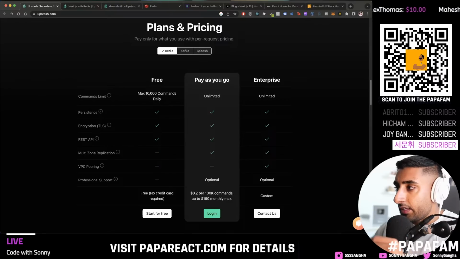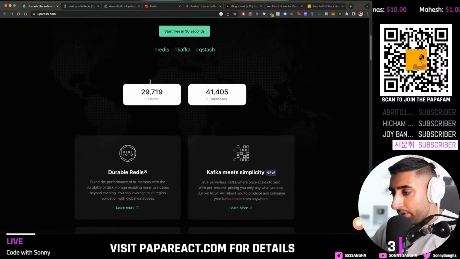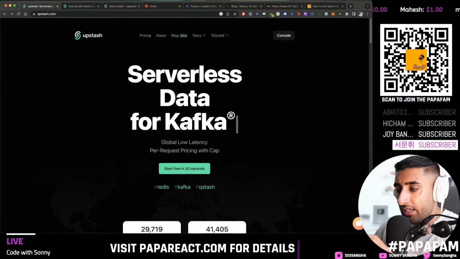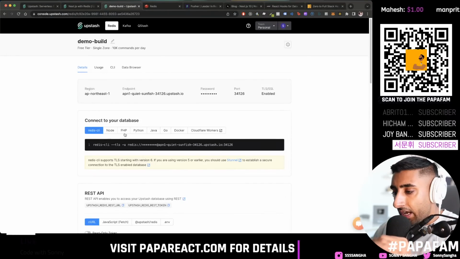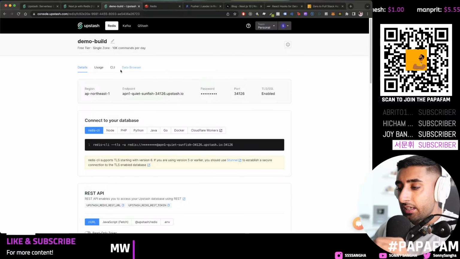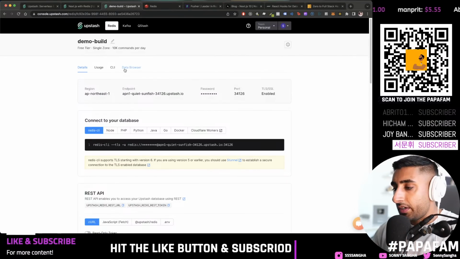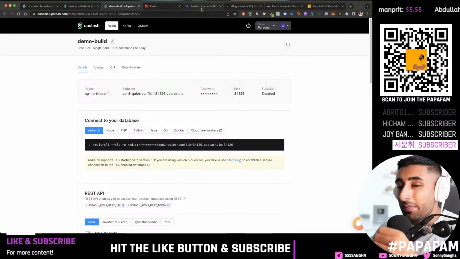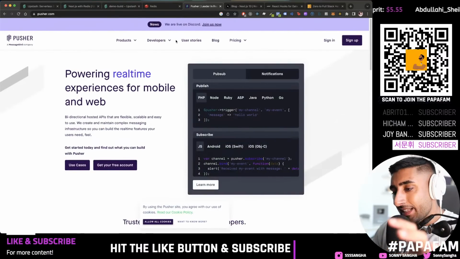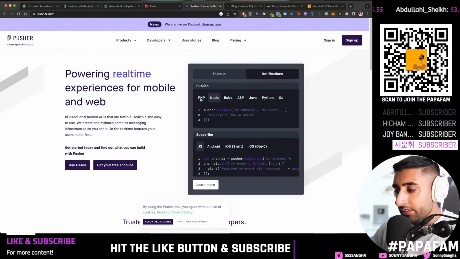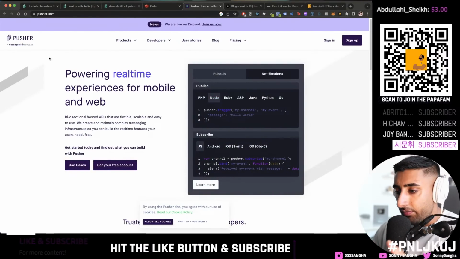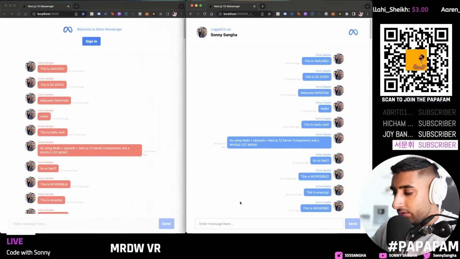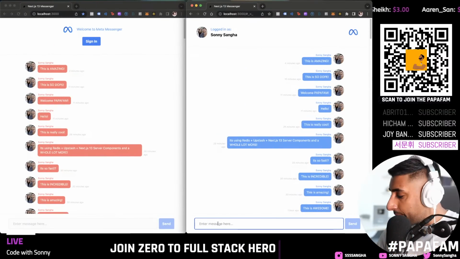So this is something that I really want to focus on today, and we're going to be setting up our first Upstash database, getting it working, and you're going to have your own database. I'm going to show you how to add data to your Redis database, and then we're going to make it real time by introducing a layer on top called Pusher. Pusher is going to allow us to have real-time messaging from each person. So in this case, as you saw, when I was typing in a message, it was popping up on the